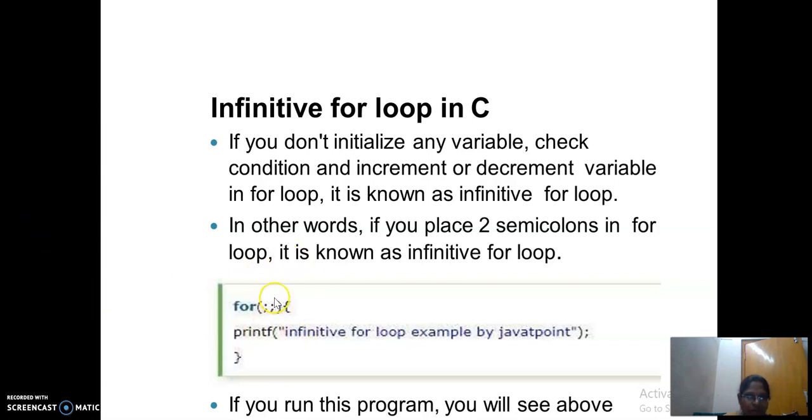That means for a for loop, a condition is a must, and that should be enclosed here in the normal brackets. That is, your second part should be the compulsory condition part. Then only it will not lead to an infinite loop.